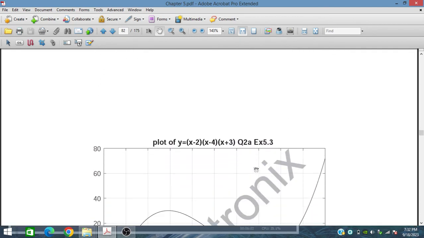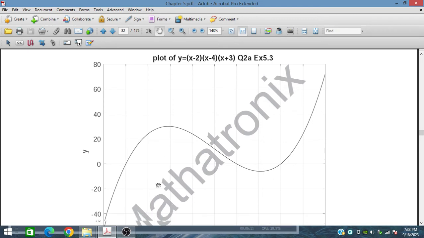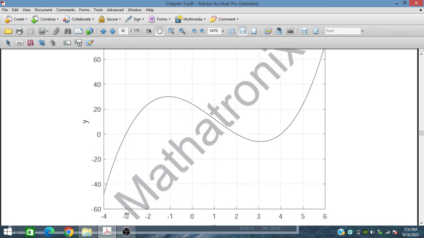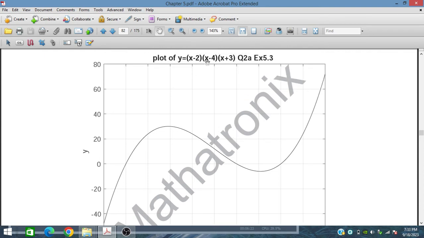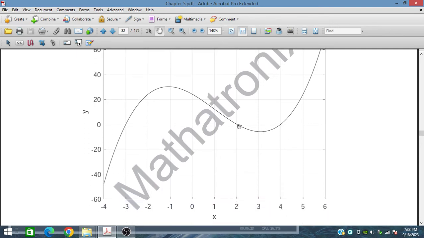Question number 2a, here we have this curve. On this axis we have minus 3, and then 2 and 4. This is 2 and this is 4. So this is 2 comma 0, this is 4 comma 0, this is minus 3 comma 0,